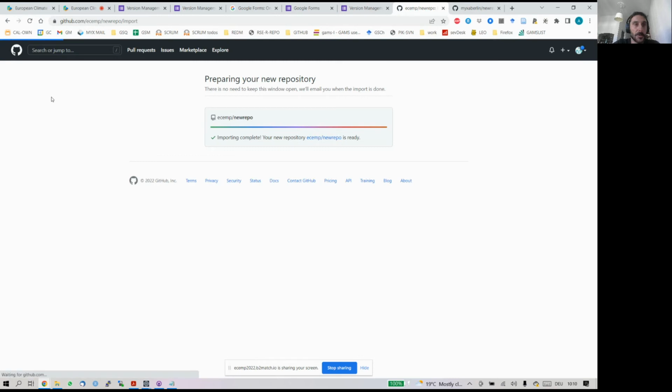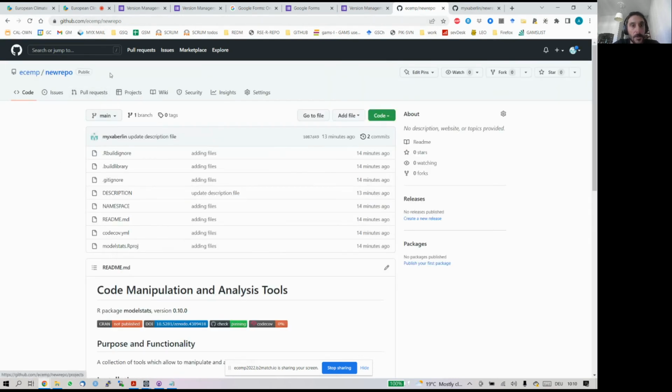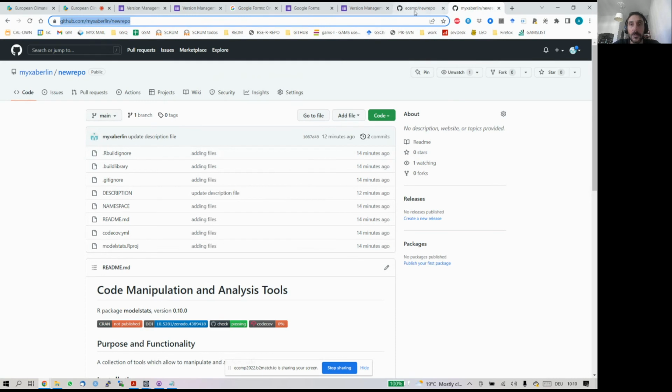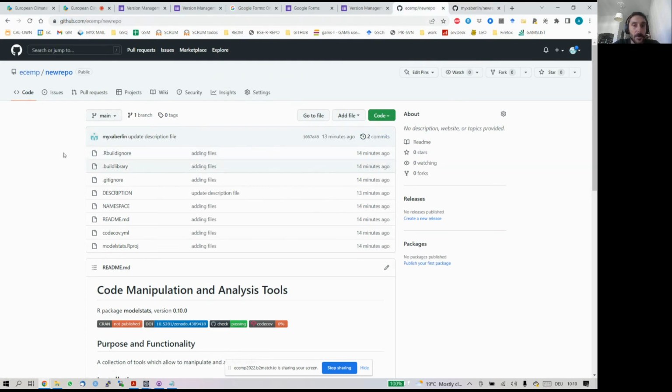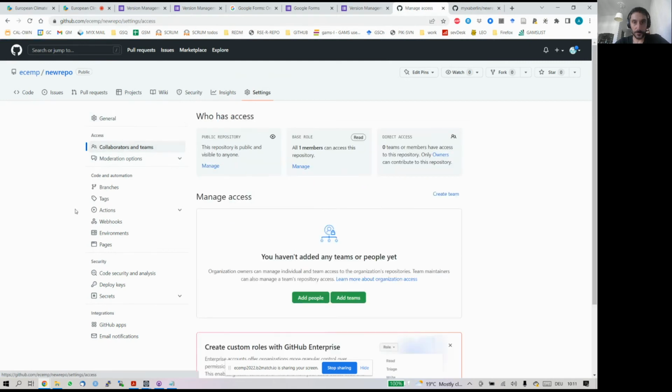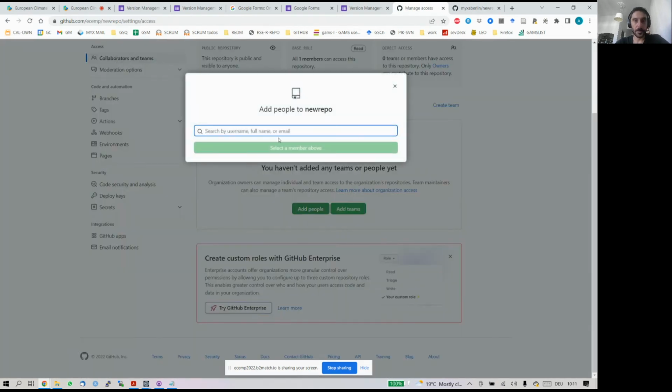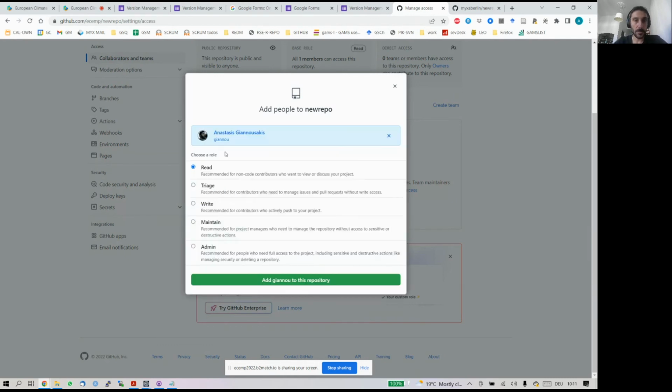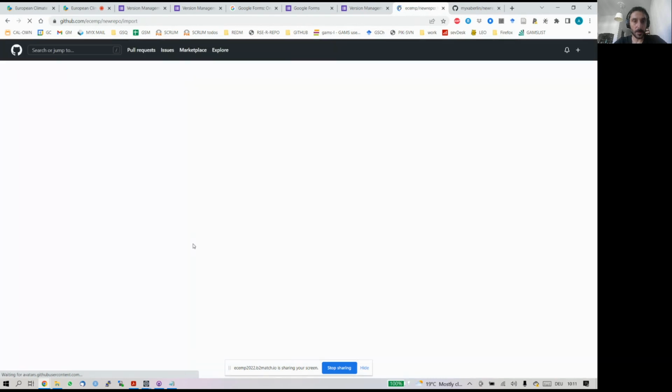We can go, and here we see now that in our organization ECMP, we have a repository called new repo, which is exactly the same as the one I had as a user. And it has exactly the same history. Now, the cool thing about it is that if I add users to this organization, I can go to the settings. I can add people. Let's say I add my other account. This is me. I can give myself